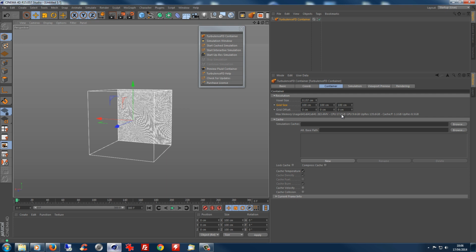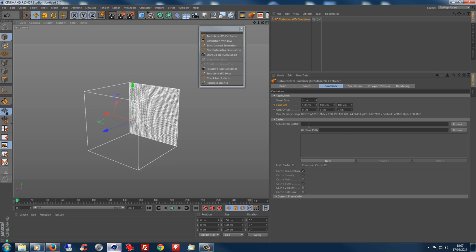It will come up with a warning if you try to simulate and you haven't got that much RAM. It will say, should the container be full, you're going to run out of RAM. Don't worry straight away, because it's very rare you're going to fill a whole container. But do bear in mind that this is there to give you some advice. It will also give you an idea of how fast it's going to be. It's going to take a lot longer to simulate the more complex simulation with a smaller voxel size. So let's just set that back to default,